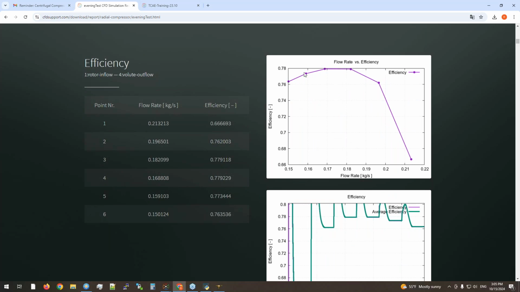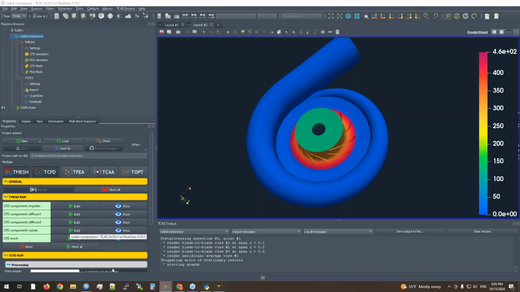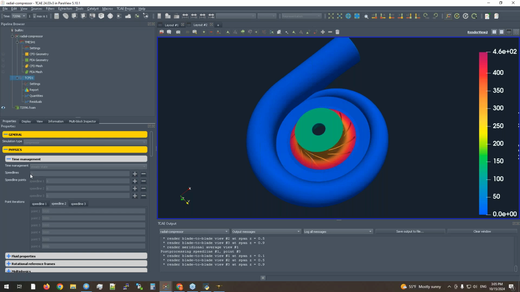The line is what we call a speed line, the rotating speed, and a set of boundary conditions is one simulation, represented by a single point in this view. At the end of the day, especially in the turbomachinery field, you simulate quite